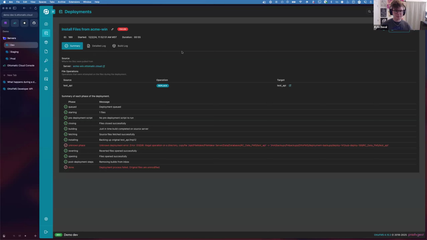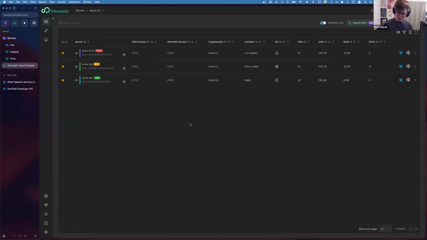So let's quickly move on, because I also want to show you the Cloud Console. AutoFMS is a service running on your FileMaker server that can communicate with FileMaker and can also run stuff on the command line. It exposes the full API as we've discussed. The automatic Cloud Console is in the cloud, using the AutoFMS API to connect to your server. These are the 3 servers that I have right here, just in the Cloud Console instead of in AutoFMS.